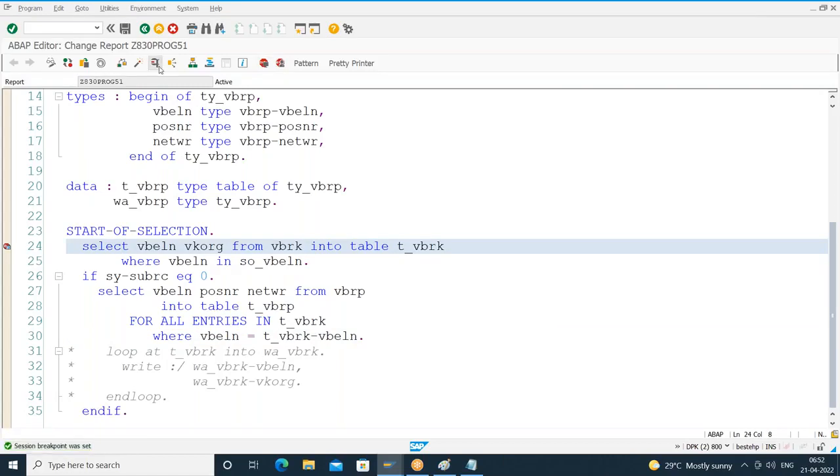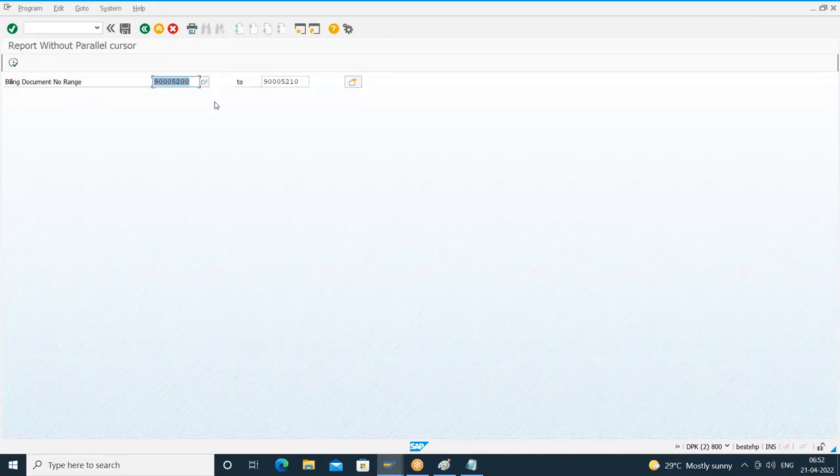Execute. So this is my select option. We already know a select option is nothing but an internal table at runtime. Based on the select option declaration, an internal table gets created with how many fields? 4 fields: sign, option, low, and high. So when I execute,